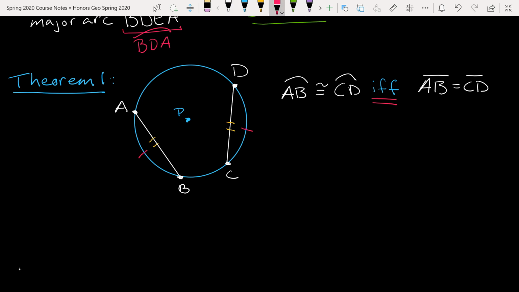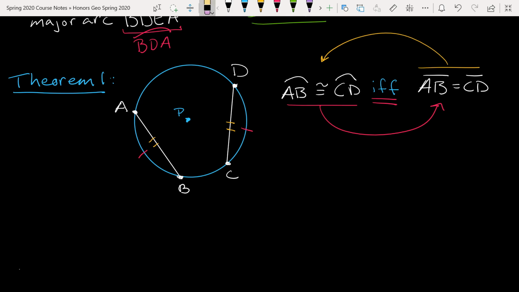Remember, this if and only if is incredibly important. It means that the statement has to work in both directions. If I'm told at first that the arcs are congruent, then I know that the chords are also congruent. If, on the other hand, I'm told that the chords are congruent, then I know that the arcs are also